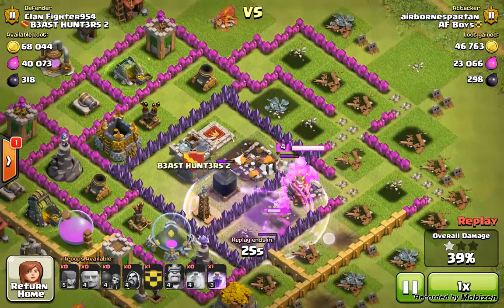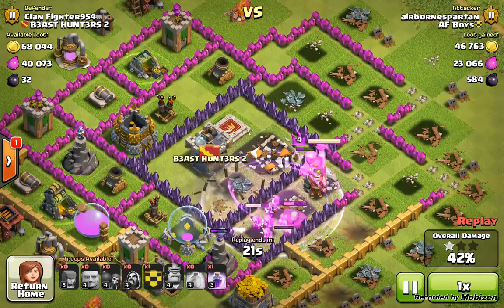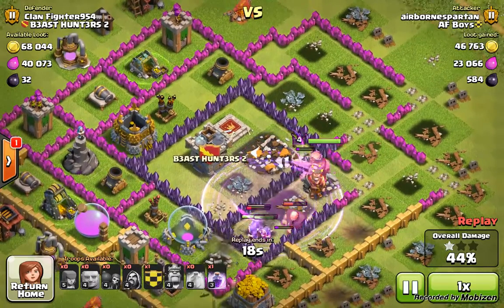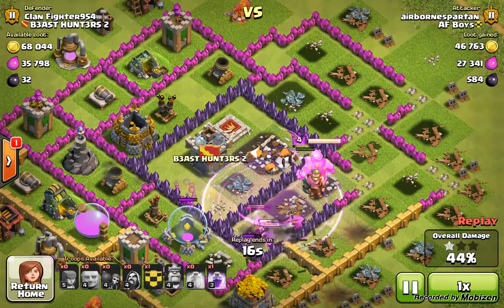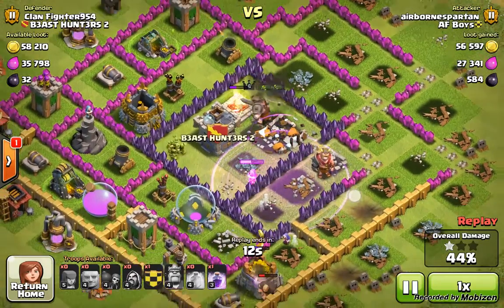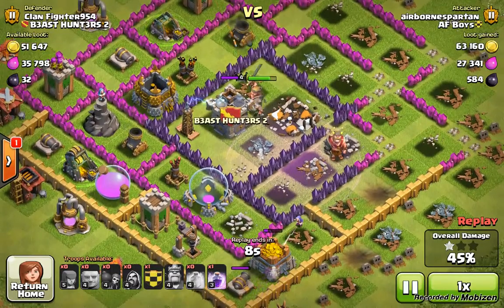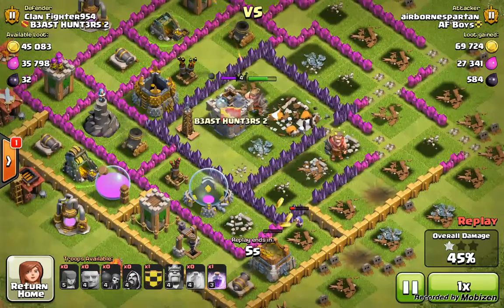But I mean, the rest is just basic spell placement. You want to lead your giants into heal spells. You want to rage up your wizards to get them through because they're the attacking force. And just everything else is pretty basic. I couldn't 3-star with this